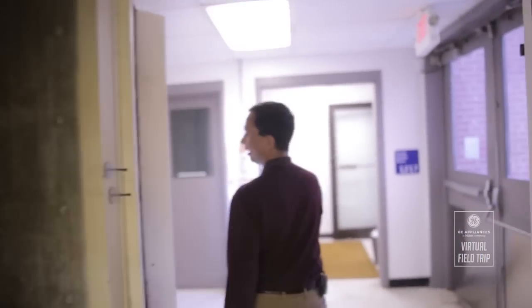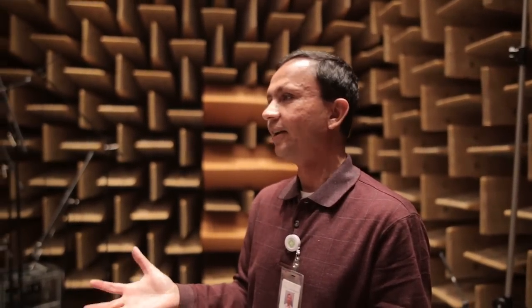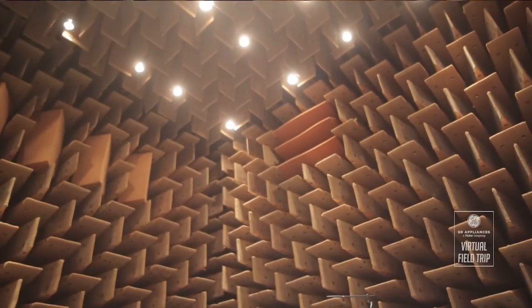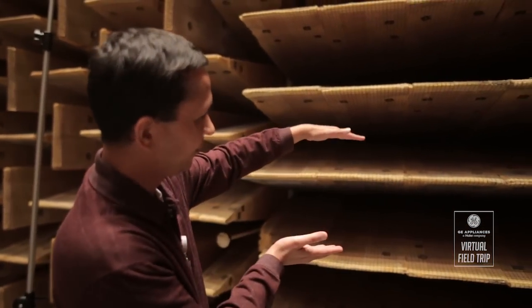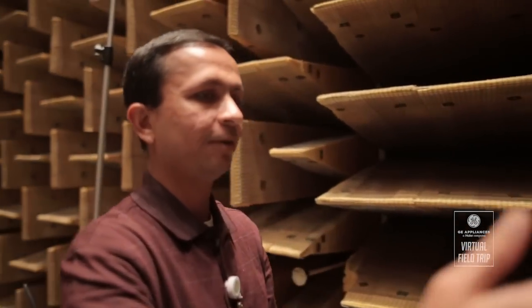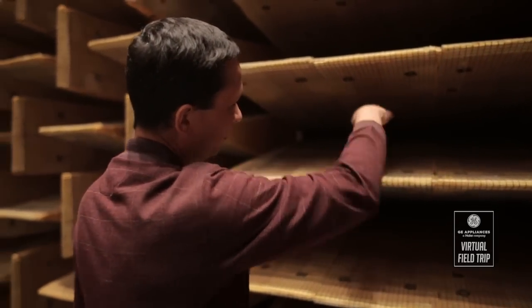Now you will be amazed when you go into the other room and see the difference between that room and this room. Let me do the same trick here that I did in the other room. What you notice is there is no echo, no reflection. As the sound goes out from the source, it hits the walls, and these are not your regular walls. There are a lot of wedges and they are pretty deep. Sound goes inside, reflects back and forth, and all the way as it reaches the end,